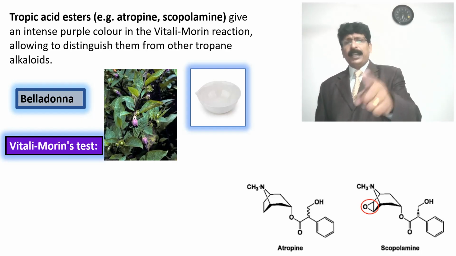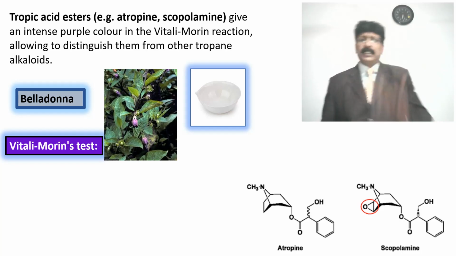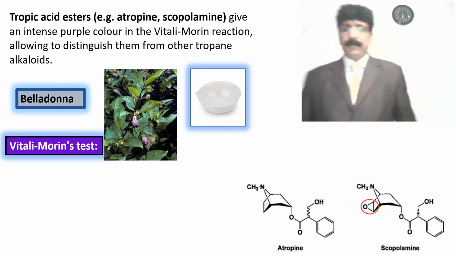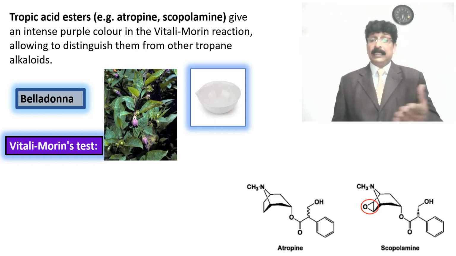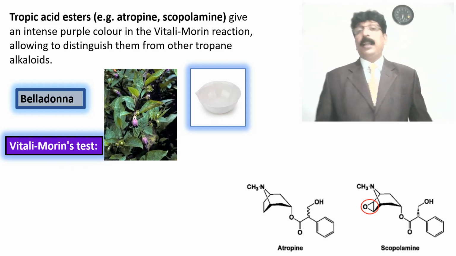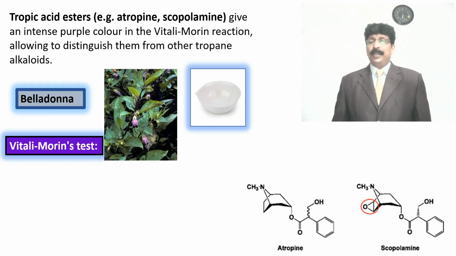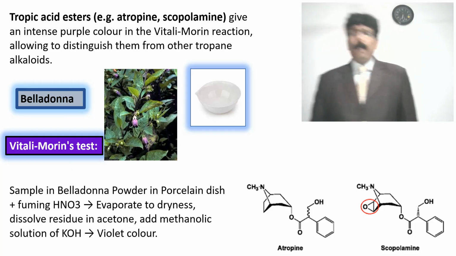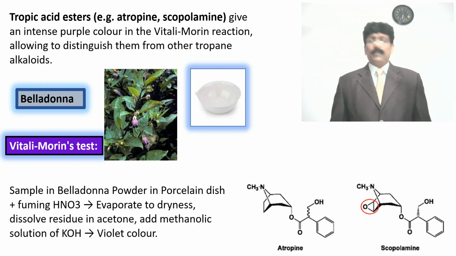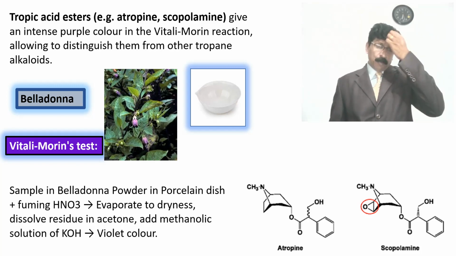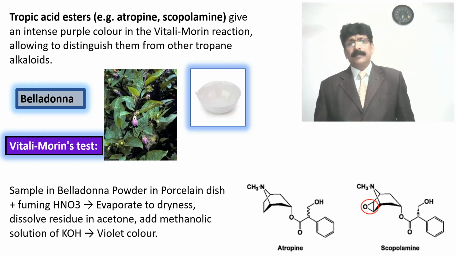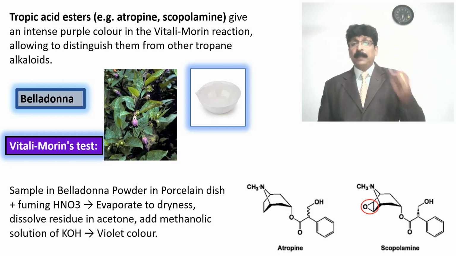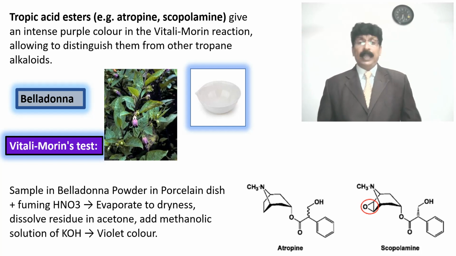You take a china dish or porcelain dish, instead of saying china dish you can say porcelain dish, which can be used for this test for atropine and scopolamine. See the structure of tropic acid, when it has an ester formation with COOH, which gives the esters of tropic acid. You take the sample, the plant extract or the belladonna powder, in a porcelain dish, add fuming, that means concentrated fuming nitric acid, evaporate to dryness, heating in the water bath,